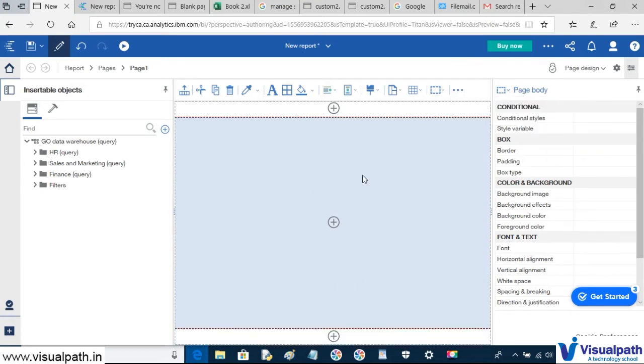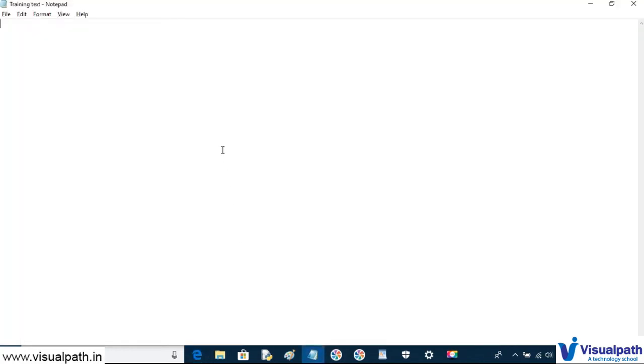So now you have noticed that we have created a header of this report and a footer of this report. In the header we can write the report name, and in the footer we can write many things like the page number or other things like report run date and all those things. As of now, let's not make things very complicated, just try to understand what we have done here. Right now we have created the page header and footer.